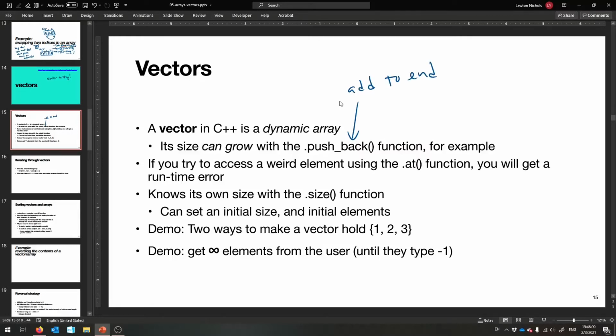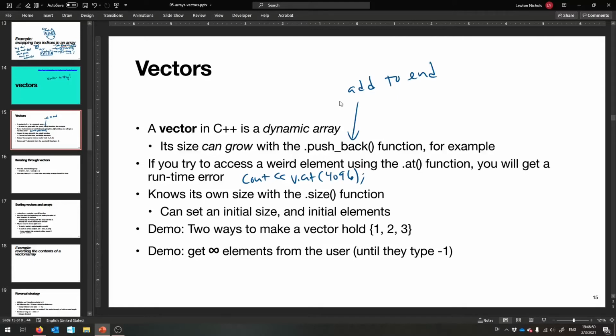And this is wonderful. You can use these brackets with a vector, just like you might with an array, but you can also use the .at function, which you know from strings already. And this will cause you to get a runtime error if you ever go past the end of a vector. It's going to stop you from doing silly things, which is wonderful. That's quite nice. It'll end the program if you try to do something like cout vector v at index 4096, something huge,